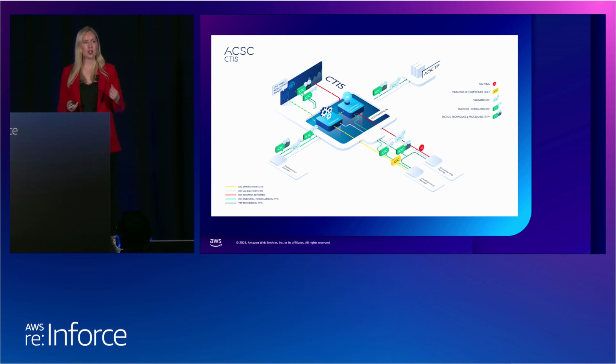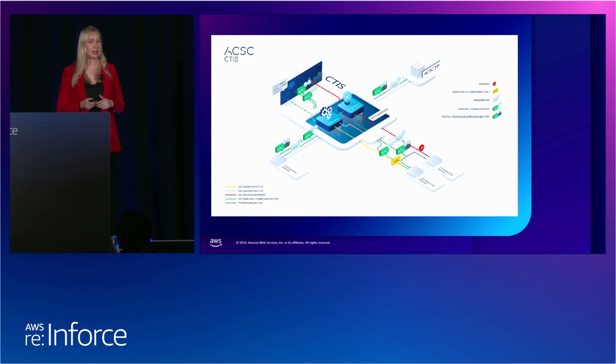At the core, cyber threat intelligence platforms partner with industry so that they can share threats into the Australian Cybersecurity Centre. The ACSC then enriches that. So for those of you unfamiliar with the ACSC, it's actually a group of the Australian Signals Directorate, which is the Foreign Intelligence Agency. So they've got some special sensors and special things that they can't tell us about, but they can certainly enrich and validate intelligence and then share it back out. The ACSC CTIS platform is built on AWS. So it helps them to automate and scale nationally and internationally, especially across the Five Eyes community.